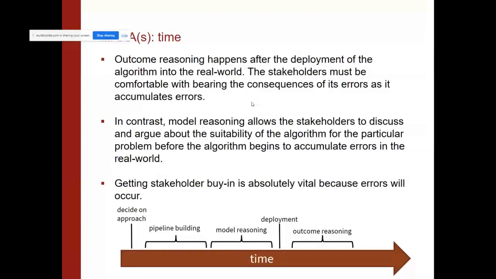I just want to emphasize that the first bullet point there is a little bit subtle, but it's really important, which is that outcome reasoning is really good at saying, this is working right now. On this data set in front of me, things are happening that I like, or maybe not, right? We look at that metric. But unlike a model, it doesn't say, and here are the situations where I am providing guarantees for the future deployment.